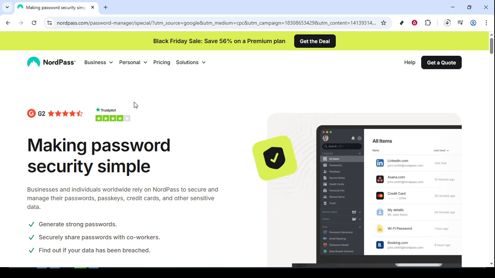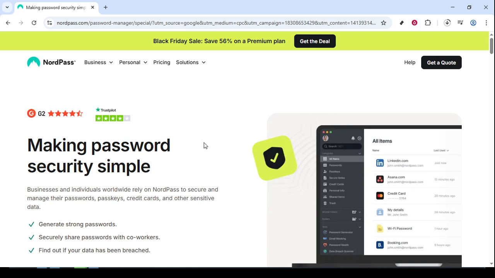First, you'll want to start by visiting the NordPass website. Open your preferred browser and head over to their homepage. This is where your journey with NordPass begins, and it's the gateway to all its features designed specifically for password security. As you navigate this platform, you'll find it intuitive and user-friendly, aiming to make your password management as seamless